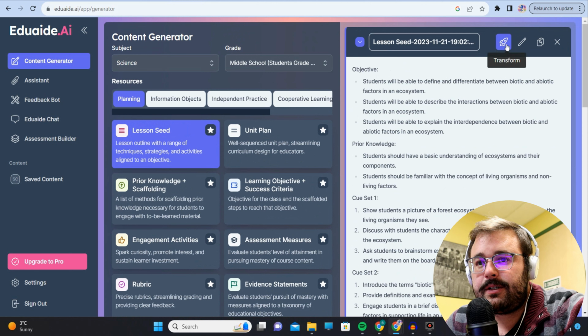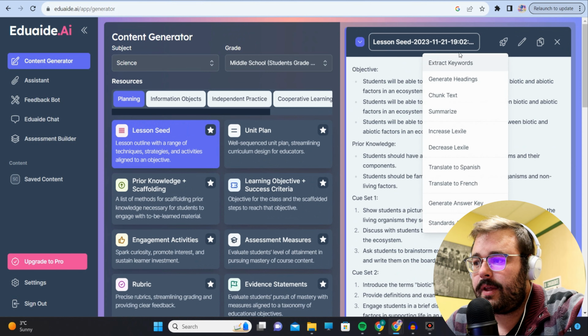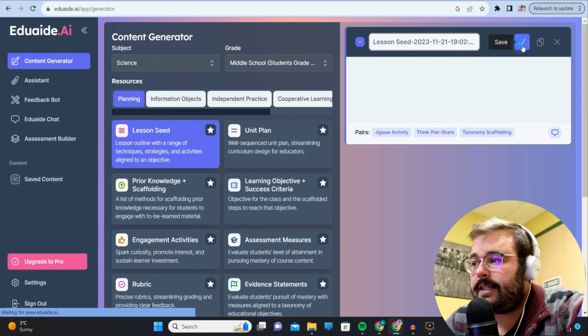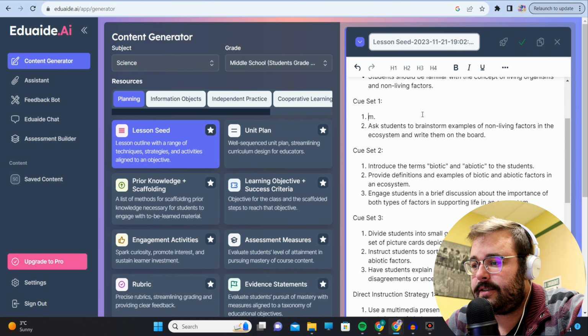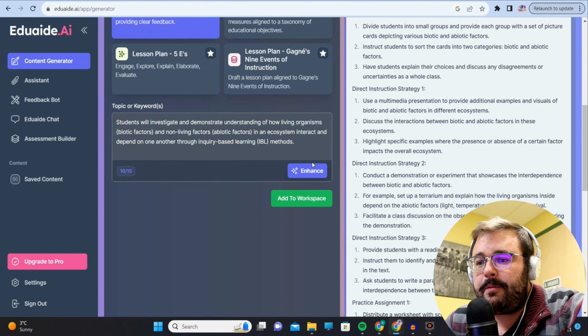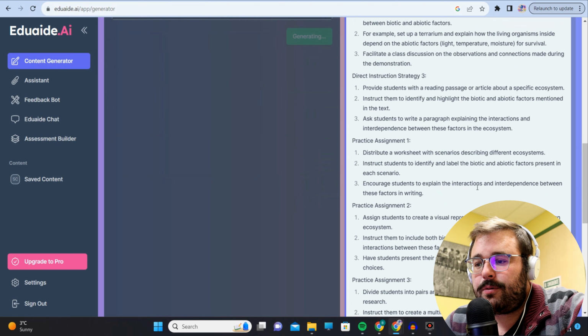What's neat is this transform button. You can extract keywords, chunk the text, increase or decrease the lexile, translate into French or Spanish, and generate answer keys. You can also click this edit button and go in there and say, I don't like that, get rid of it. Maybe we want a rubric for that idea, so we could add a rubric,